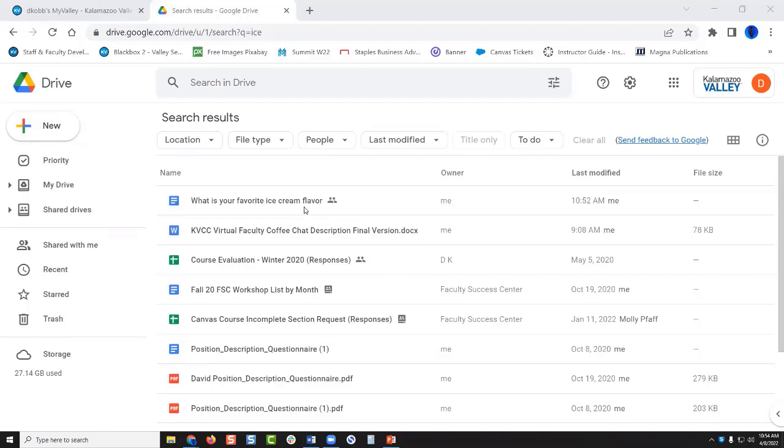So they won't be able to do anything with your actual file that's there. If they download it, they can edit their version. But if they were to re-upload it, it would be a different file. It wouldn't be your file because the viewer permission won't let them replace your file. If they had edit permission, then they could actually replace the original. But if they were to upload it, they would have to upload it as a copy or a different file. So you would see that it's not your original. But they would technically be able to make edits to their downloaded copy. Does that make sense? Mm-hmm.